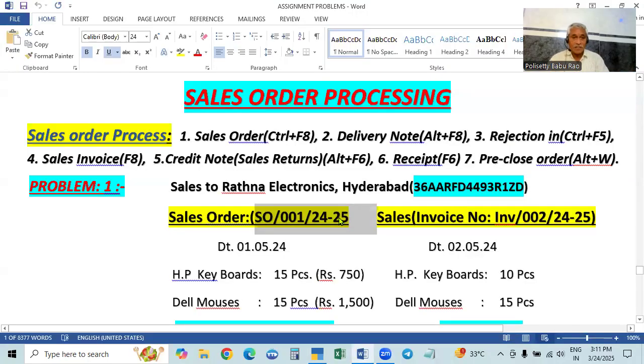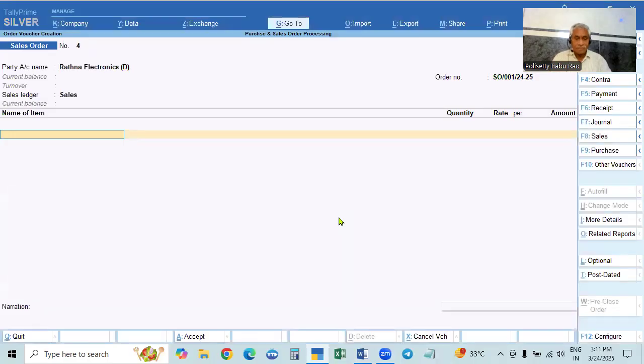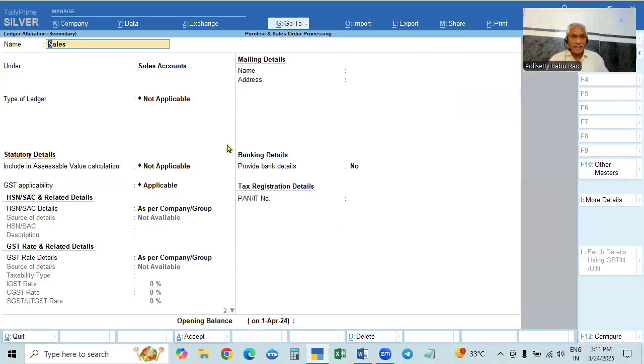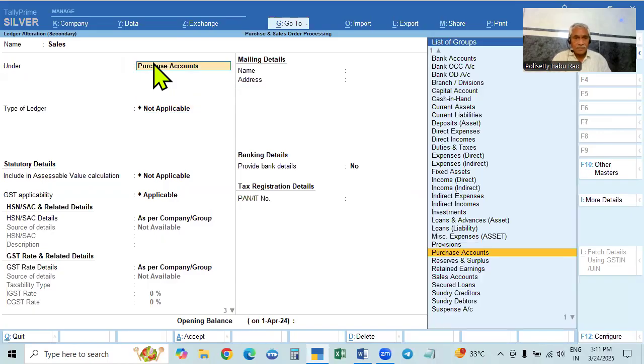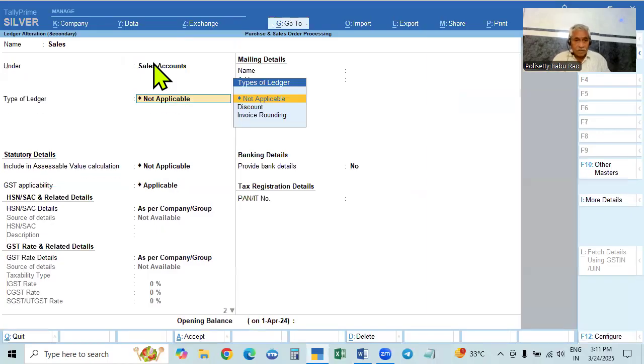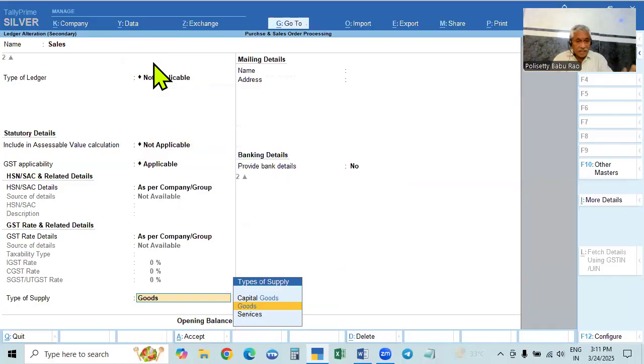And here, what are the sales we select? So sales we know already. Sales, so already we created. And then you must be careful. You need not give GST details here. And at the end, after the sales accounts, you come down here, don't give any details, and here